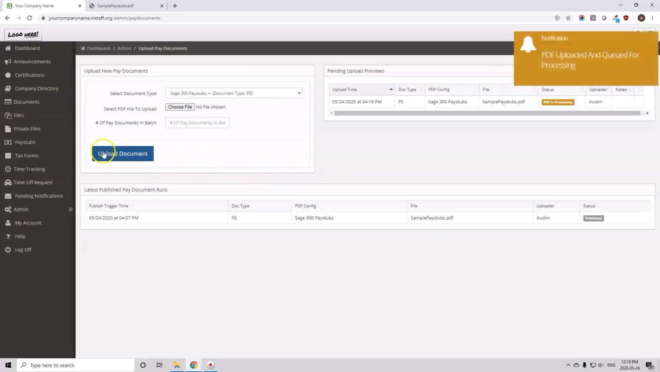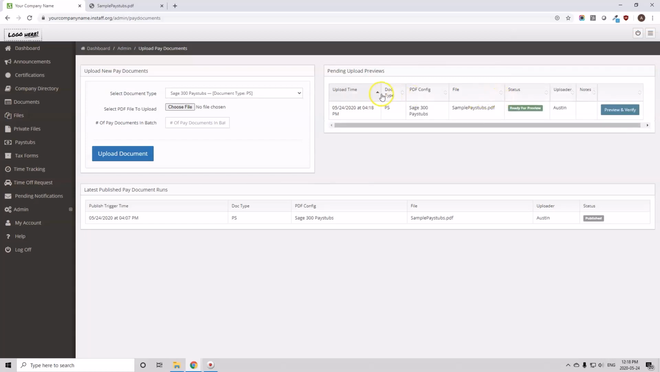But let's get these uploaded now. All we have to do is click upload, and as you can see now, the file is currently processing. What that means is InStaff is currently reading it and splitting it into the individual pay stubs. Now, as you can see with a 6 pay stub file, that was pretty quick. It was only a matter of a couple of seconds and it's ready for preview. For larger files of hundreds or thousands, it could take longer. However, you don't need to wait around, as InStaff will send you an email once they're ready for preview,